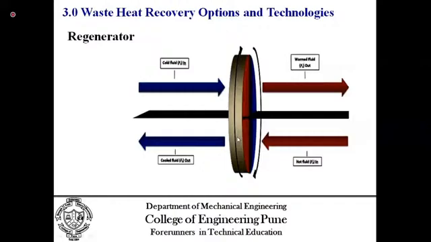This wheel rotates, of course, and the rotation speed depends on your application. As the wheel is hot, just call it a hot wheel. It is a regenerative type of heat exchanger, wherein the heat is stored by the matrix and then released to the cold fluid. There are different forms of regenerative type of heat exchanger. I am not going into both types. The purpose is just to explain the working principle of the regenerative type of heat exchanger.